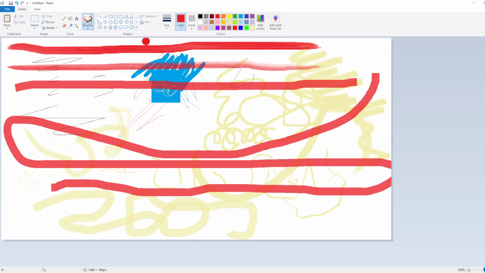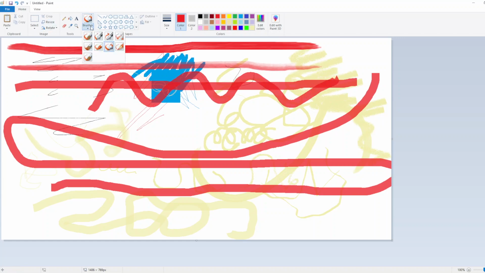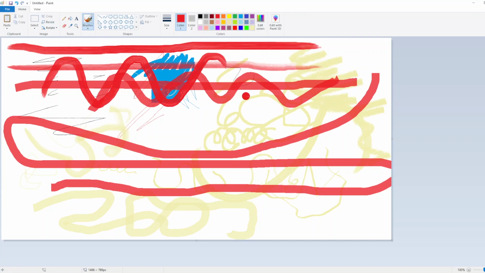Another note I want to leave is that the marker and the watercolor brush have transparency, as you can see in the places where they intersect. This can be useful for mixing colors, for example. Can also be a bit confusing if, for example, you take a sharp turn and suddenly you have this area here